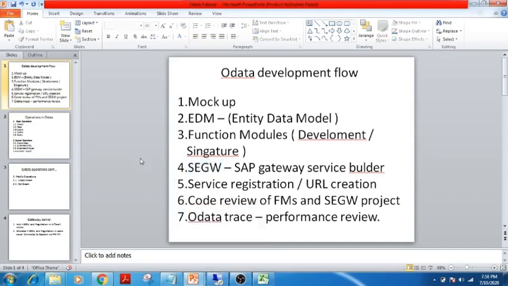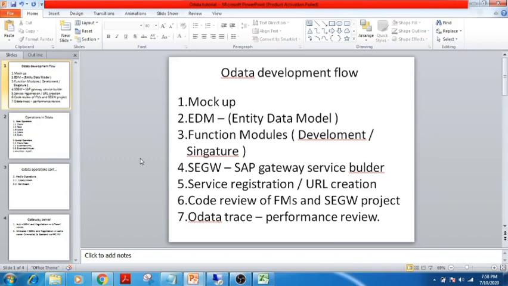So say for example, in the end, consider you are a user and you go and access each and every functionality. You should try to hit each and every URL that you have created, and there are certain T codes in the backend you can activate to check exactly how much time each URL takes. Because most of the time in front-end development, one URL gets hit again and again. That is called multiple calling. In order to avoid this multiple calling, OData trace is very important.